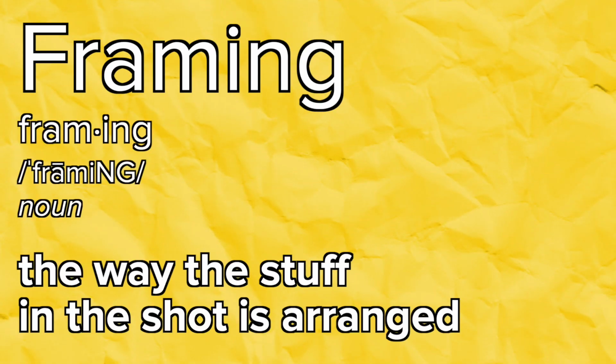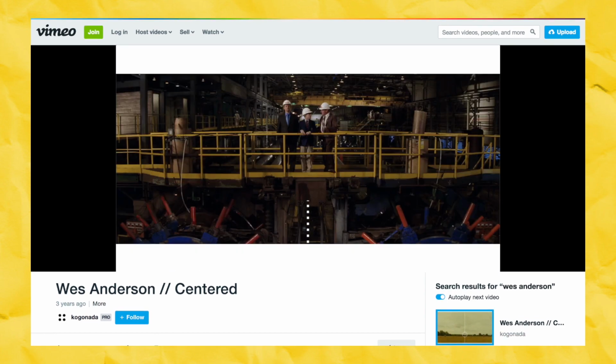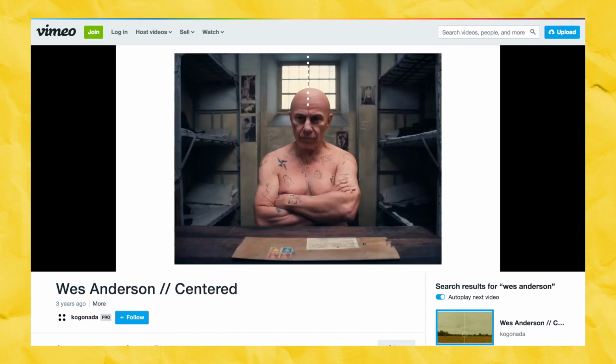Let's move on to another one of Wes's notable techniques, framing. Quick definition, framing, when it comes to filmmaking, is the way the stuff in the shot is arranged. There's two notable framing strategies that Wes and his longtime director of photography, Robert Yeoman, employ. First, symmetry. There's an excellent Vimeo video looking at some of the shots where Wes uses symmetry, but finding symmetry